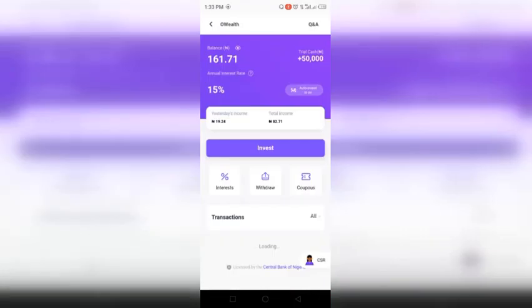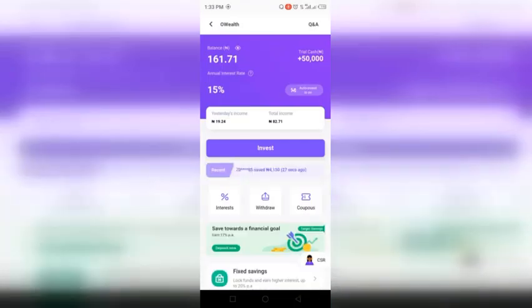called virtual cash. If you look at the top right corner, we have something called trial cash, which is 50,000 naira. So whatever your balance is in your OPay wallet, added with the 50,000 trial cash that you are given, 10% of it is going to be given as interest every day for 30 days, which means that this is an opportunity for you to increase your cash.